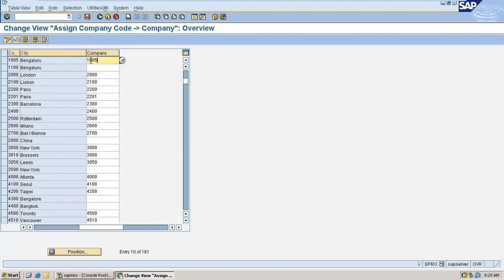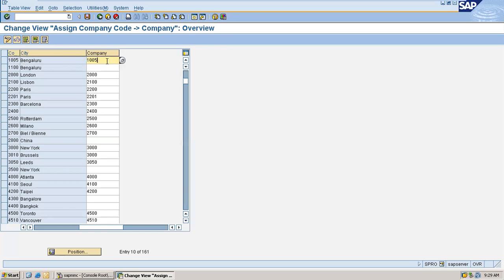If you see here, for one company code, you can assign one company, but the same company can be assigned to multiple company codes. See, I can assign this company to all company codes, right? That means one company can have multiple company codes, but one company code can be assigned to only one company.